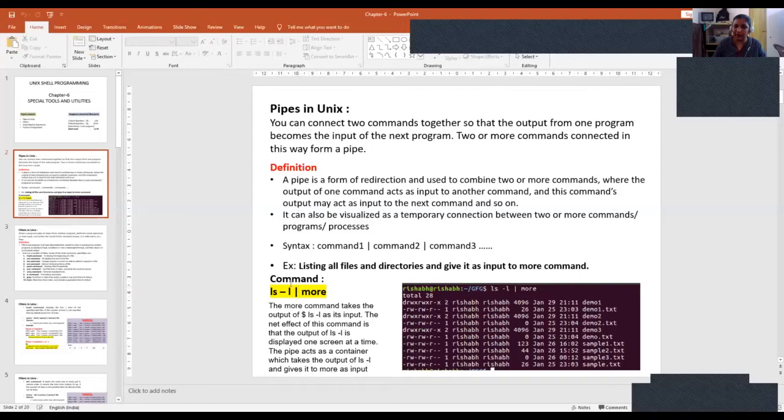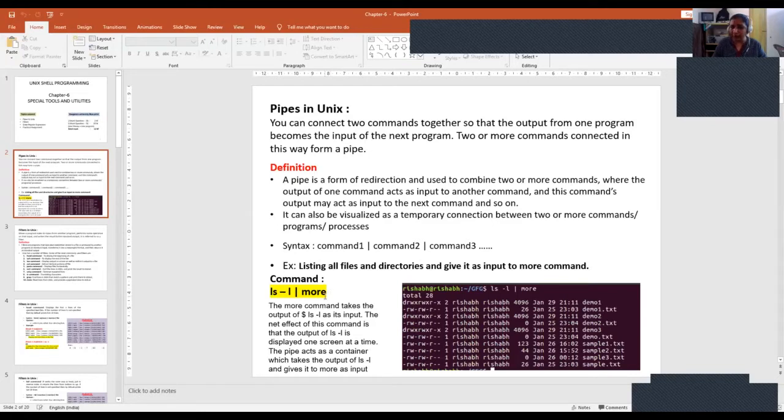So this is a redirection, it is a pipe operator. When I say ls -l, pipe to more, that means all 28 lines will be taken in that. The first 10 lines are displayed the first time. And again, if I press for more, then the rest of the lines, that is another 10 lines, will be displayed. Again, when I press, then another 8 lines will be displayed. So totally how will it be displayed? 10 plus 10 plus 8. So this is how the command works.